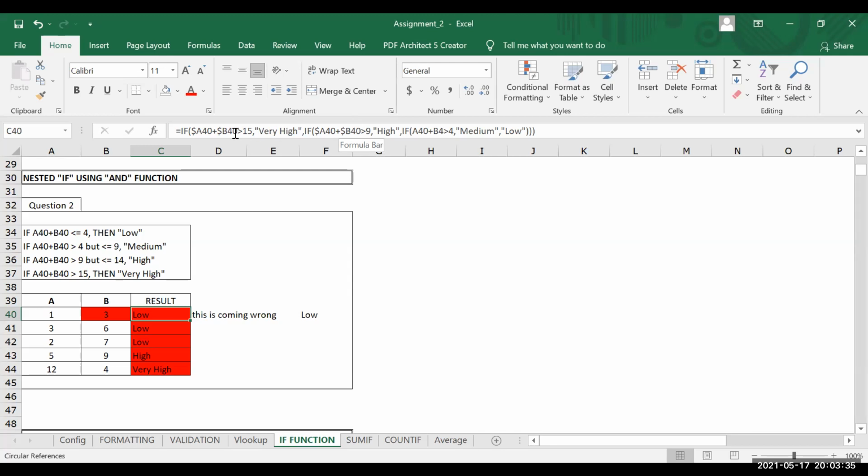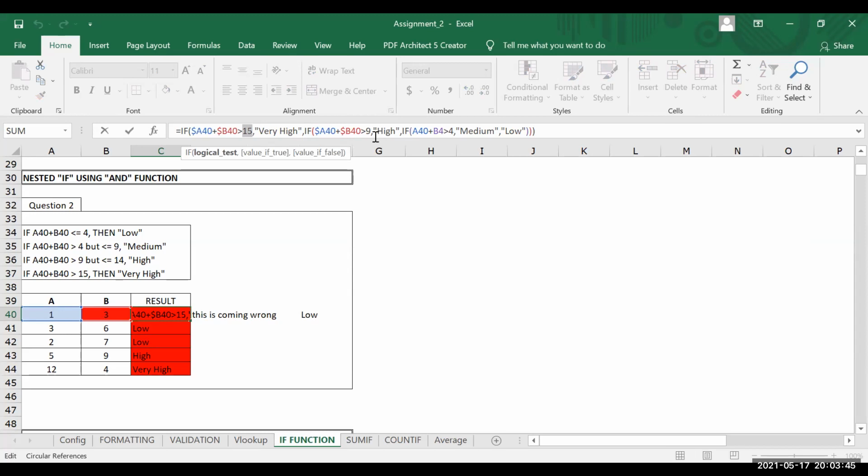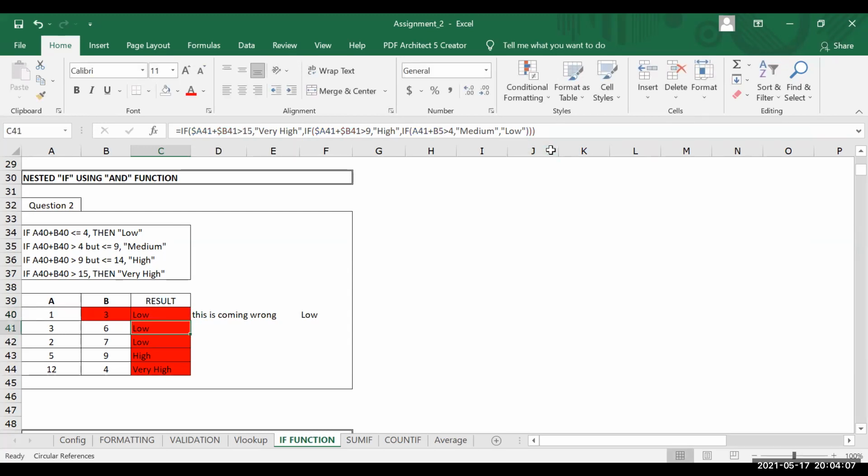What we do over here, this is what I'm creating in the descending order. If the number is greater than 50, I'm calling it as high. If the condition fails, then I'm saying the number is greater than 9. If the number is greater than 9 over here, we are calling that a number high. And then if the number is greater than 4, we are calling it as medium, and otherwise it goes as low. So just one thing that we have to check over here is, why is it coming low over here?